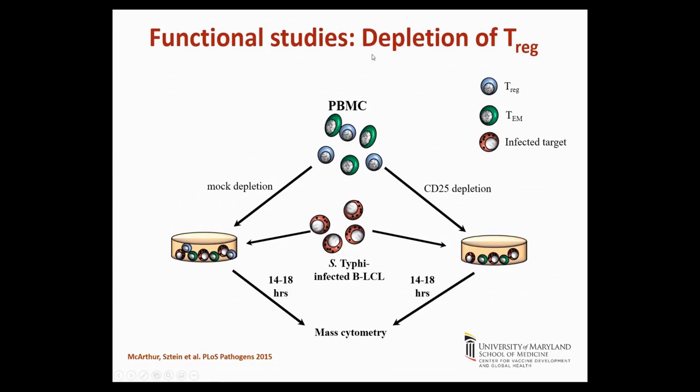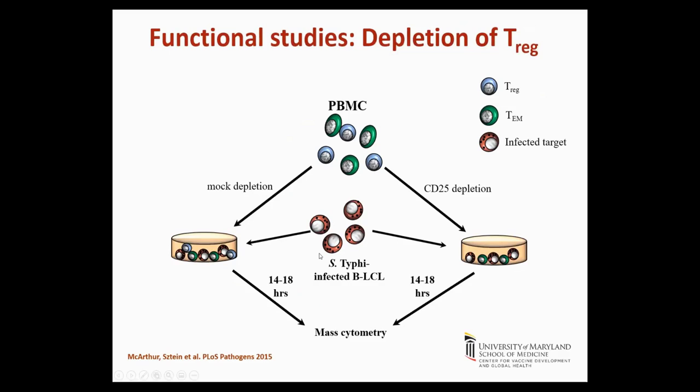Now, we went a step further, and we performed depletion studies of T regulatory cells. In this case, we isolated peripheral blood mononuclear cells. Some of them were depleted, and some of them were not depleted of T regulatory cells. And then they were exposed to SIV-infected autologous cells, and after 14 to 18 hours, we stained the cells by